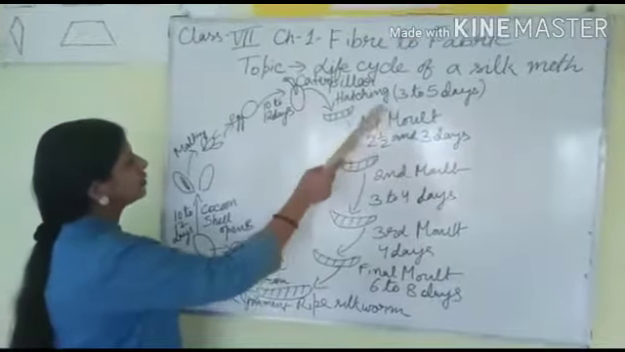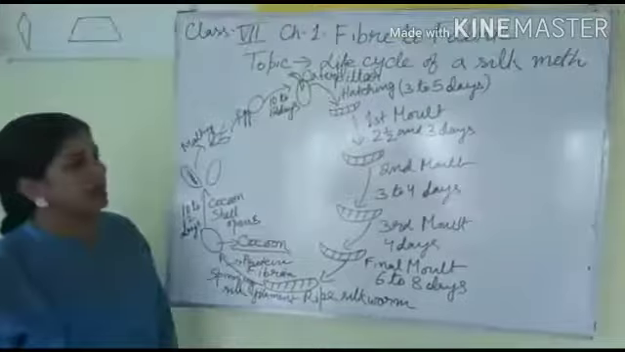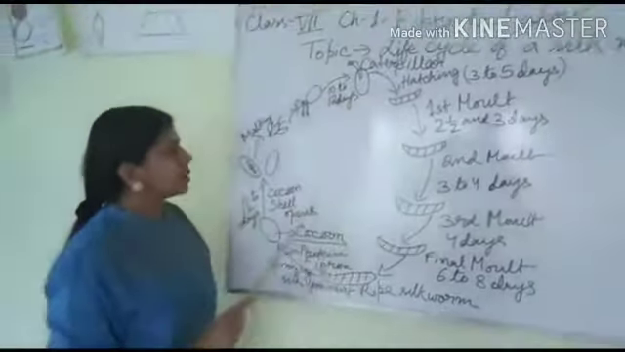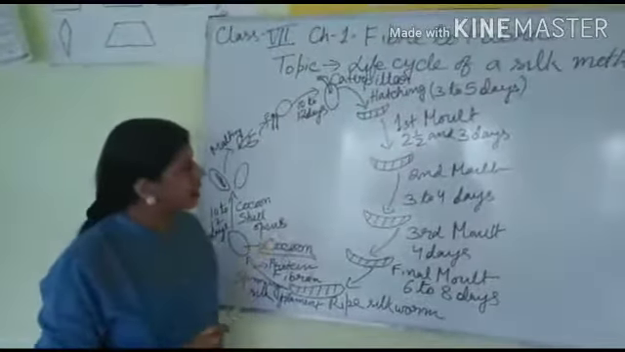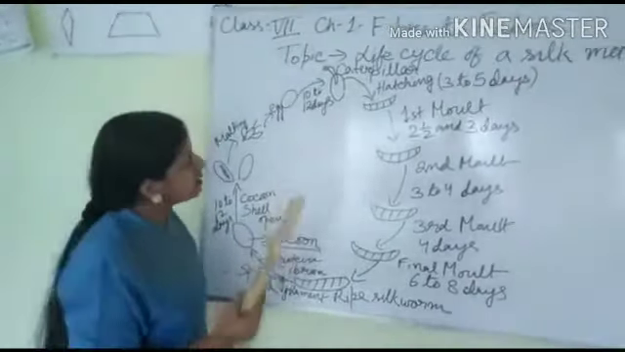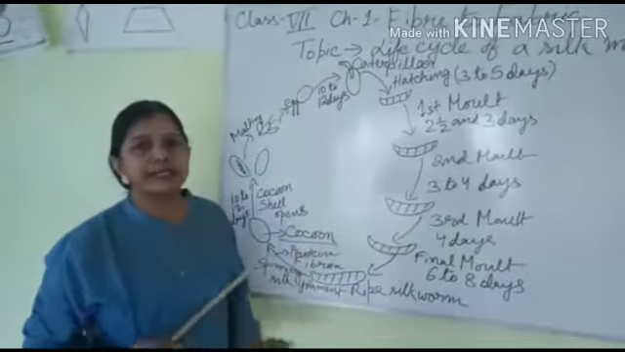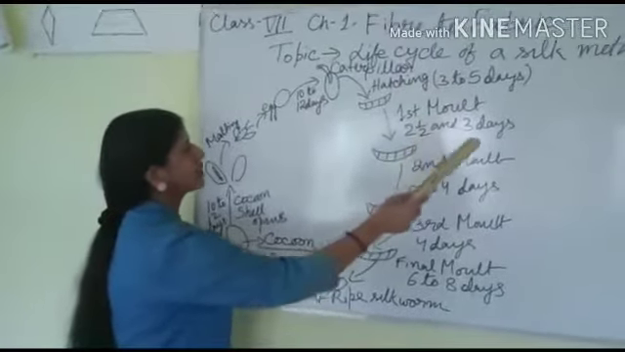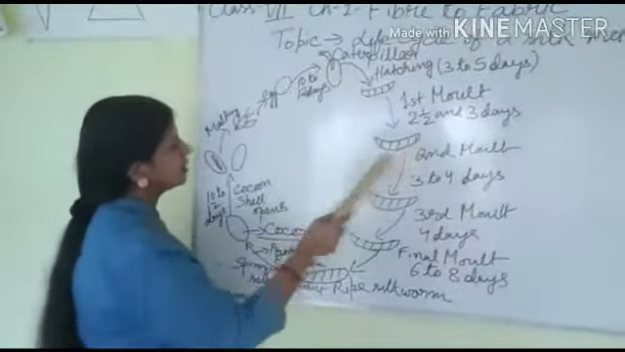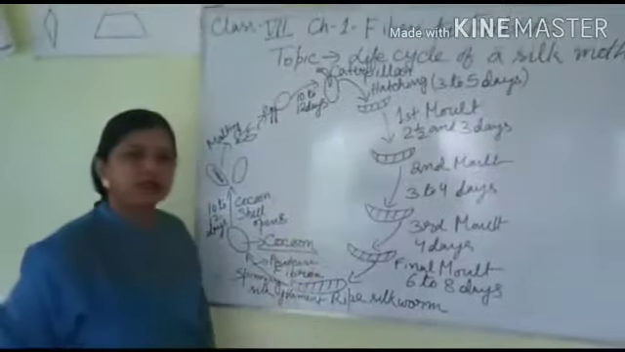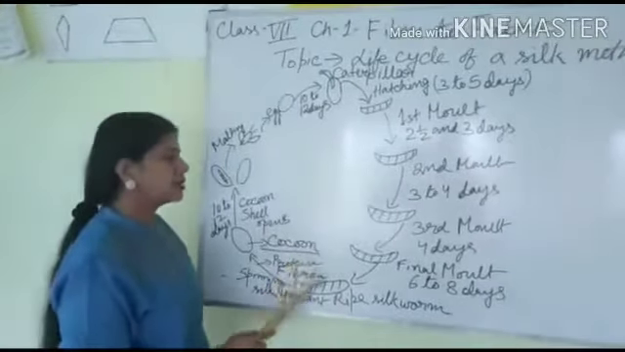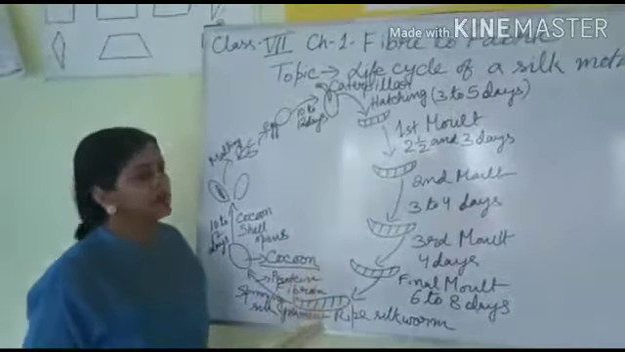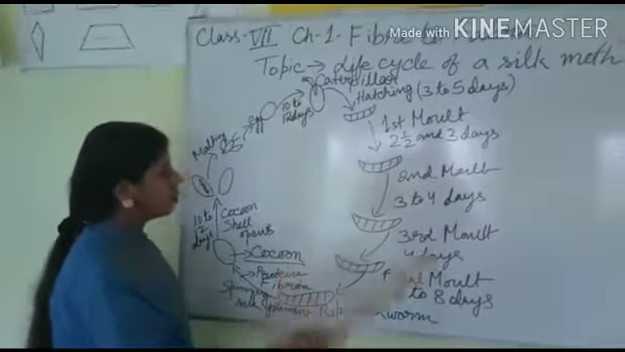So after hatching, for 3 to 5 days it will feed on the mulberry leaves, then the first molt. That means in this stage you are not disturbing it, you are allowing it to grow in size, and during the molting period it does not eat the mulberry leaves. Second molting occurs after 2.5 to 3 days. Size increases, it sheds the old skin, new skin comes out, and again the same procedure goes on, that is feeding mulberry leaves. Third molt